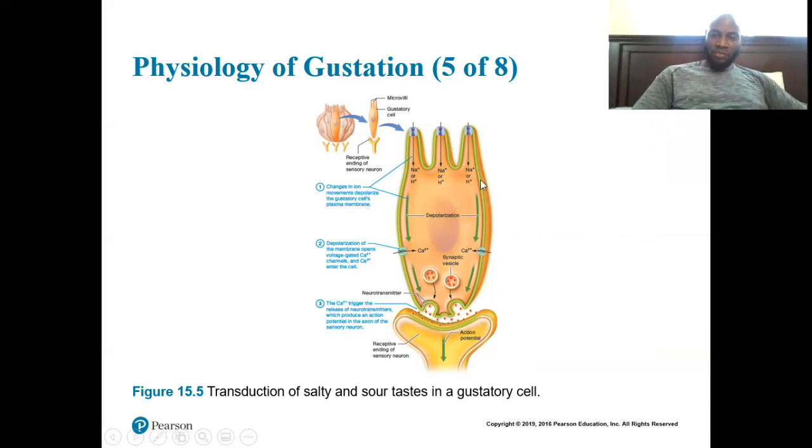So you have this specialized gustatory cell, the chemical reaches the microvilli. The gustatory cell, specialized cell, depolarizes. Depolarization of this membrane opens voltage-gated calcium channels. Calcium enters the cell. The calcium triggers the release of the neurotransmitter, which produces an action potential in the axon